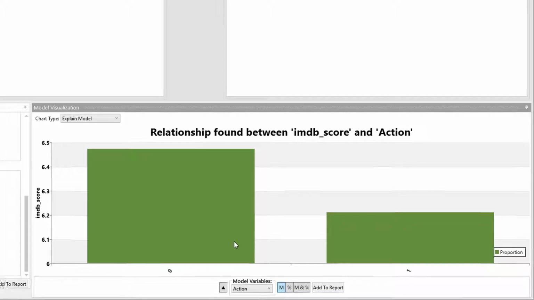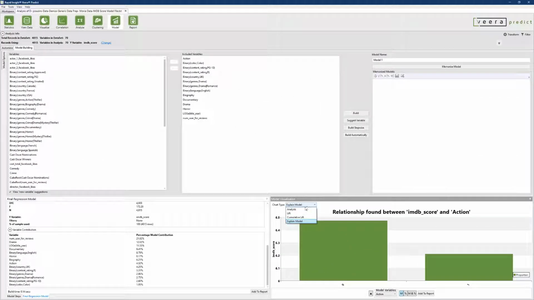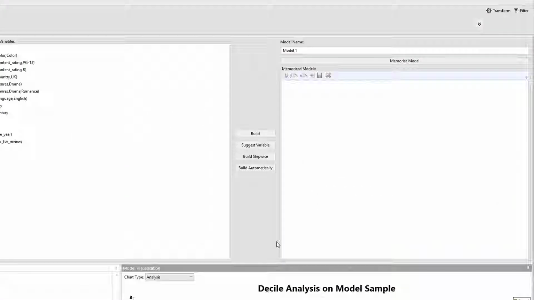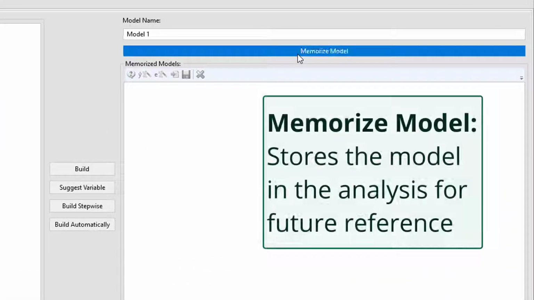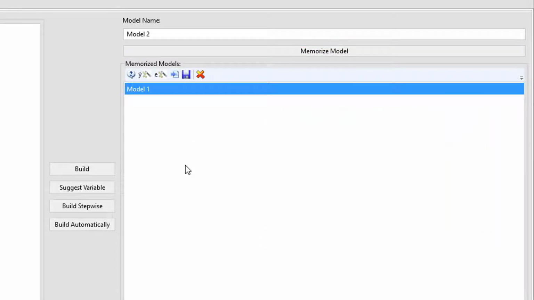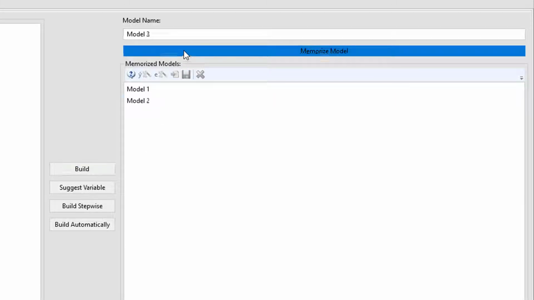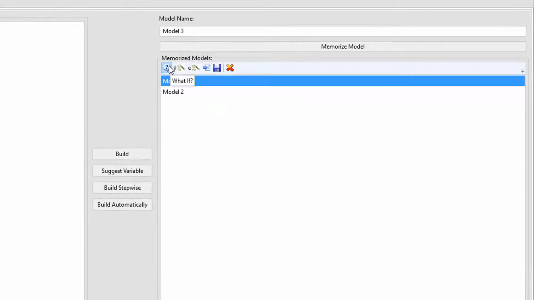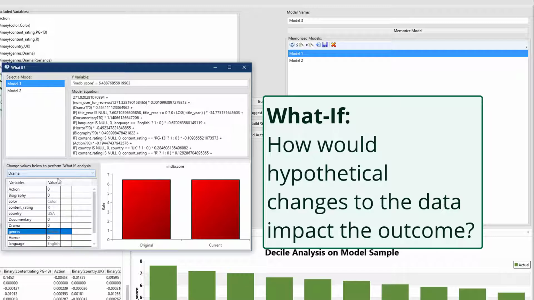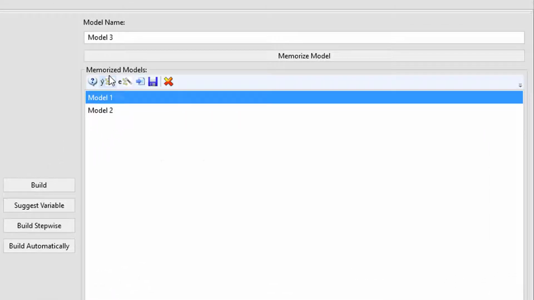The Final Regression and Model Visualization tabs are great for analyzing the model, but if you're happy with the way the model is performing, you can proceed to memorize your model. All memorized models will be listed in the Memorized Models pane. There, you can review your model or review and compare several models within the same analysis. You may even run a what-if analysis, letting you know how hypothetical changes to independent variables would impact your dependent y variable. You can also create a model variable,